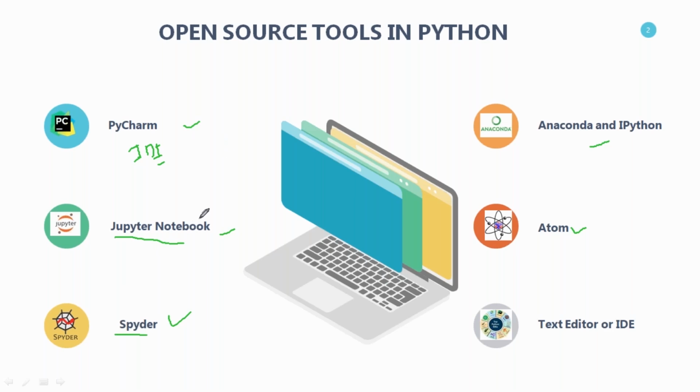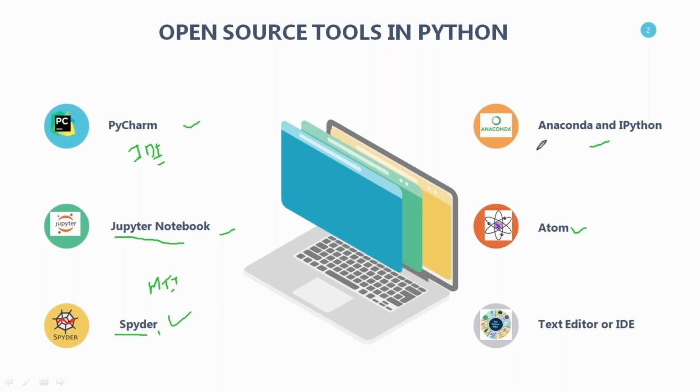Then we will have Spyder. Spyder IDE is also an integrated development environment that is written in Python. We will be using it for scientific programming, especially for machine learning. It is released under the MIT license, the Massachusetts Institute of Technology license. Spyder is good for scripting and other automation work. It is also open source. It works on Windows, Linux, and Mac,